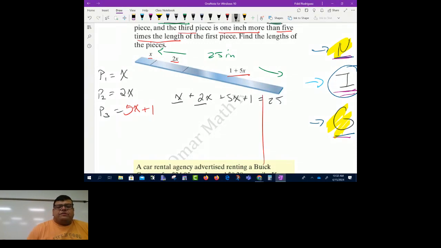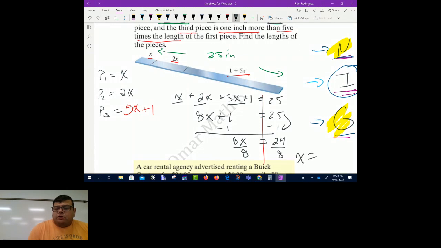X and 2X is 3X. 3X and 5X more is 8X. Okay. I'm going to go minus 1, y'all. So 25 minus 1 should be 24. And then when I divide by 8, y'all, right here, I'm coming up with X equals 3. Okay. But I'm not really finished yet, y'all, because even though I got X equals 3, the question is asking me,